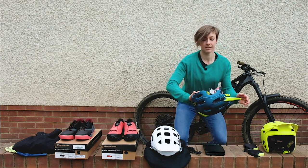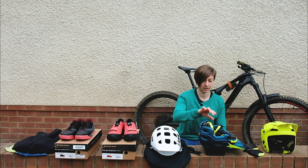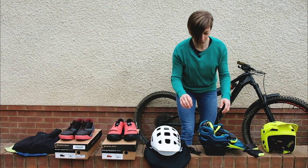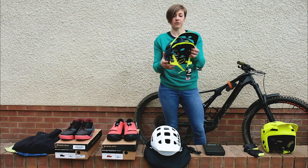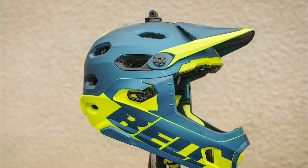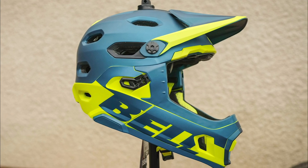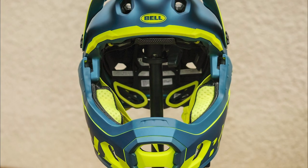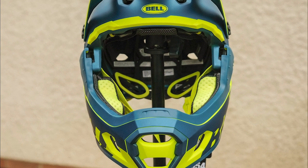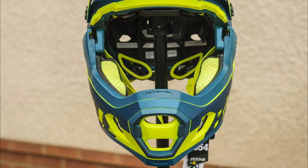So without the chin piece attached, the Belt Super DH, just as a trail lid, is 465 grams. So this is a small, and that's not too bad really. That's sort of normal trail bike, half shell lid sort of weight. As I said, inside you get the MIPS, you've got an adjustable cradle. You can't adjust around the ears as you can on a normal helmet, and then it gets a Fidlock,